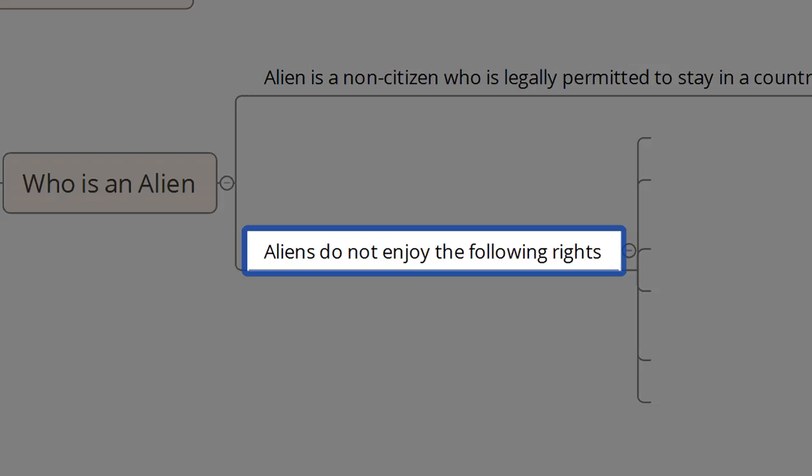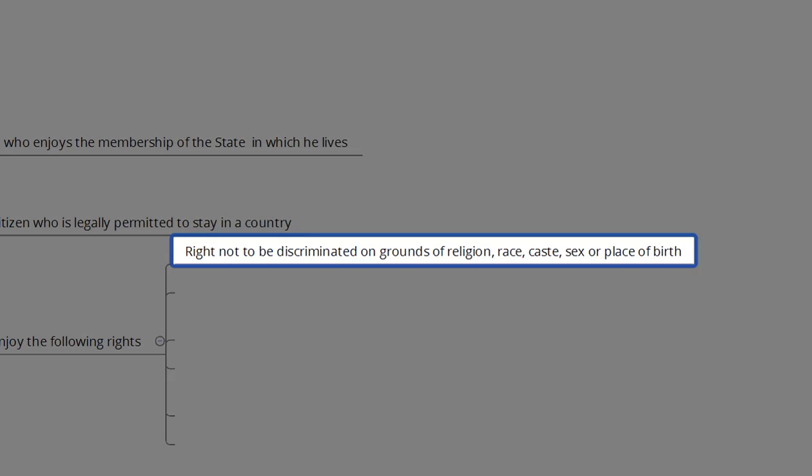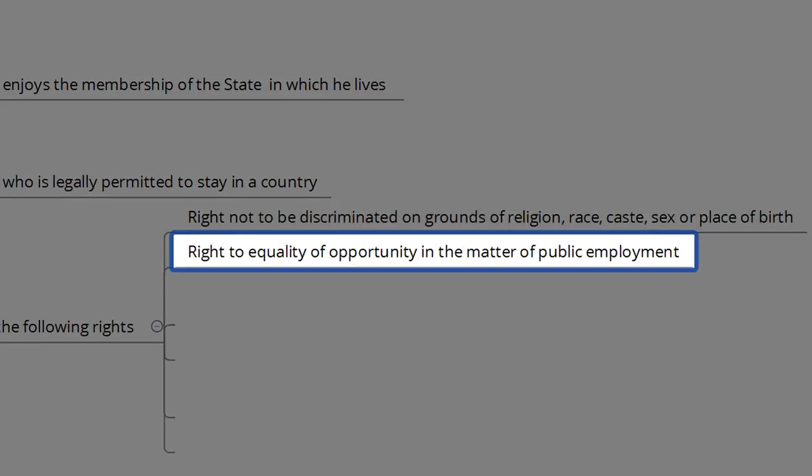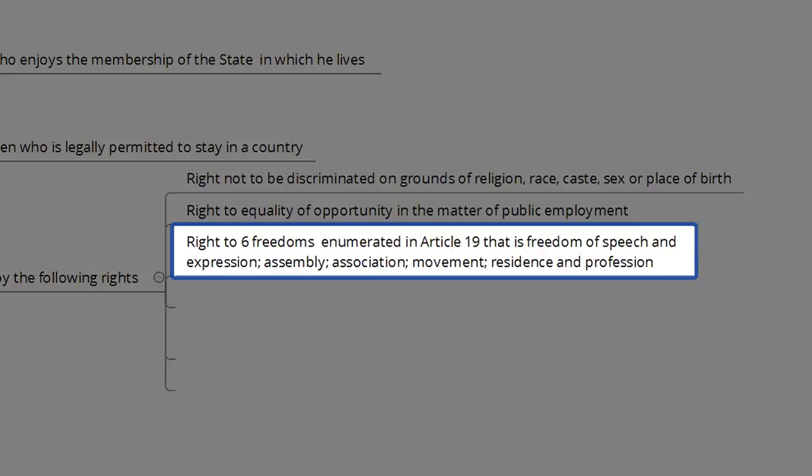However, the aliens do not enjoy the following rights in India. That is the right not to be discriminated against on the grounds of religion, race, caste, sex, or place of birth, and the right to equality of opportunity in the matters of public employment, and the right to six freedoms enumerated in Article 19, that is the freedom of speech and expression, assembly, association, movement, residence, and profession, and the